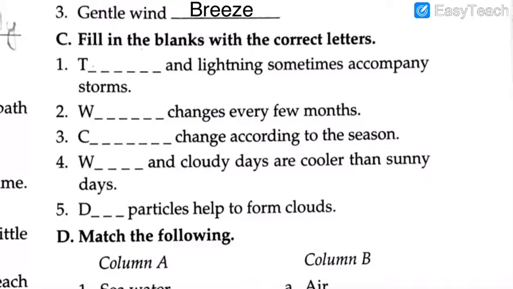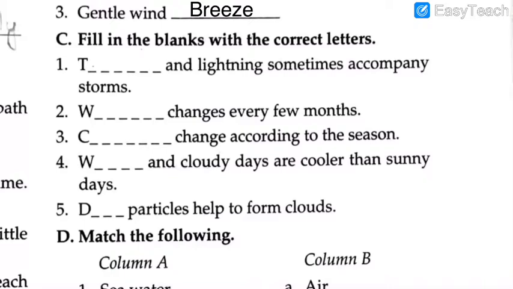Number 1, again you are going to get 5 seconds of the countdown. So number 1, T dash and lightning sometimes accompany storms. T dash and the lightnings sometimes accompany storms. So the answer starts with T, letter T. Your countdown starts now. 5, 4, 3, 2, 1,